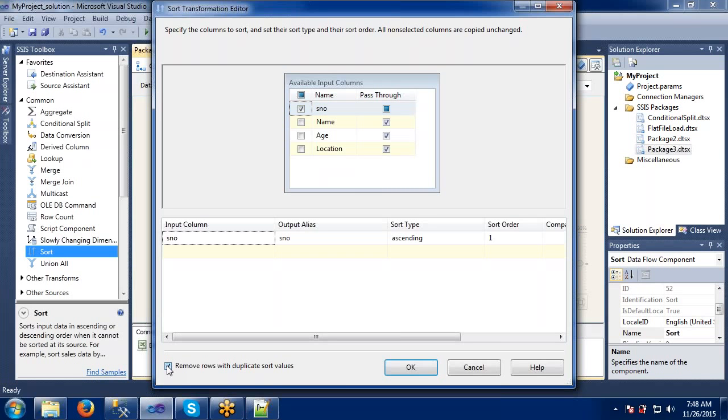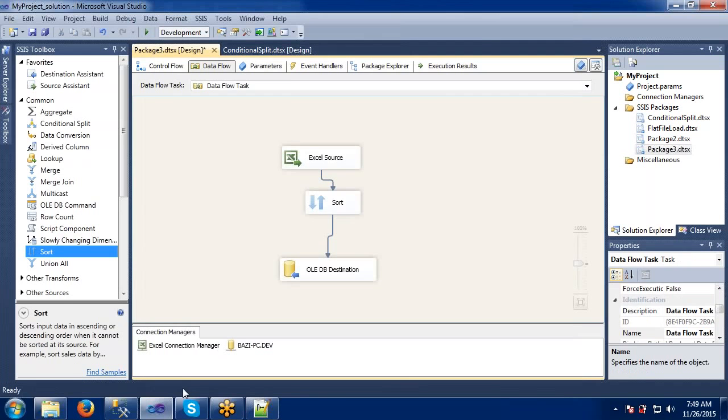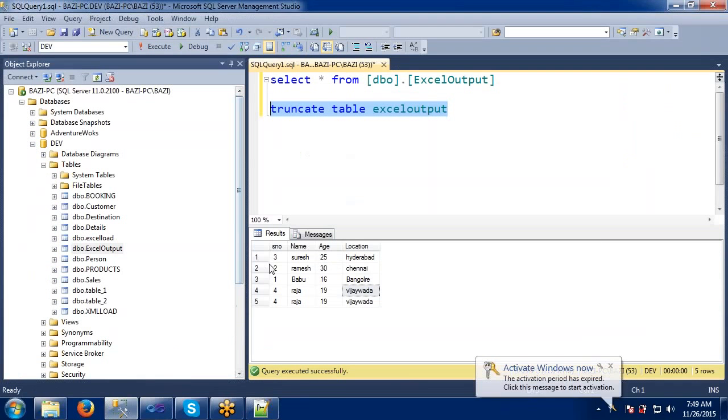To do this in SQL, we have to write queries, right? In SSIS it's a simple option, just remove the duplicate sort values. Good. So as of now, what is the data here? We have 5 records. In that, one is a duplicate and the serial numbers are not in order. Now our expected output is 1, 2, 3, 4.